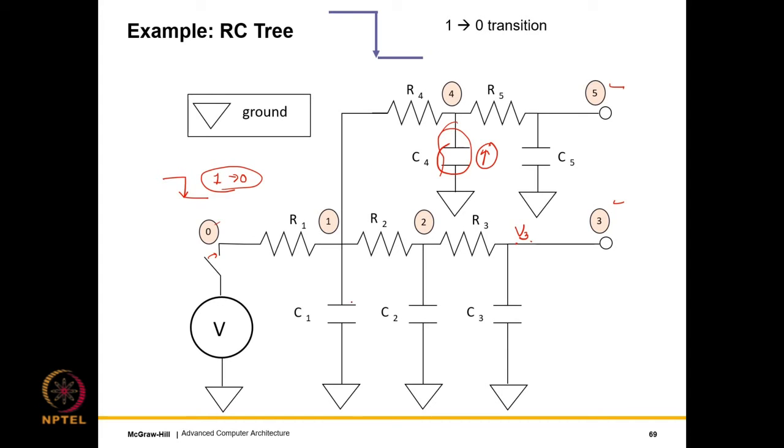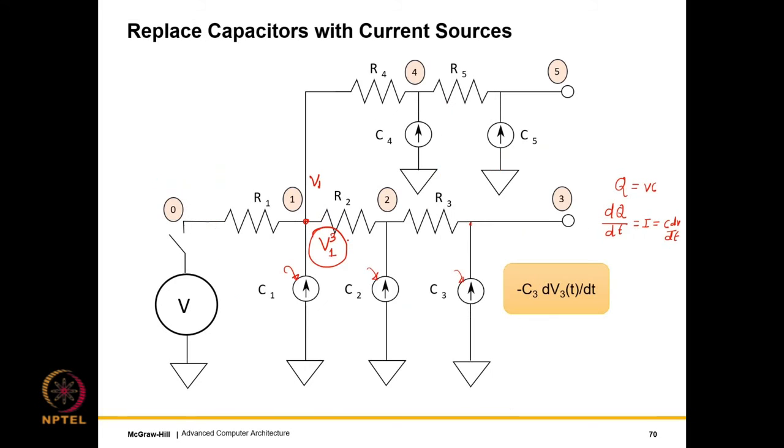So what will happen is that since we have disconnected the rest of the current sources, all of them will get disconnected. The current here is going to flow this way, this way, this way, and go down to ground. So if the current here is equal to I, then the voltage will actually be equal to IR1. And since there is no current flow along this route because everything is disconnected, V3 will be equal to I times R1.